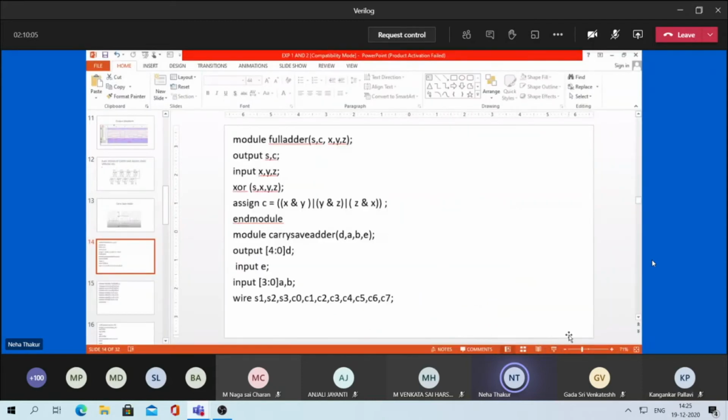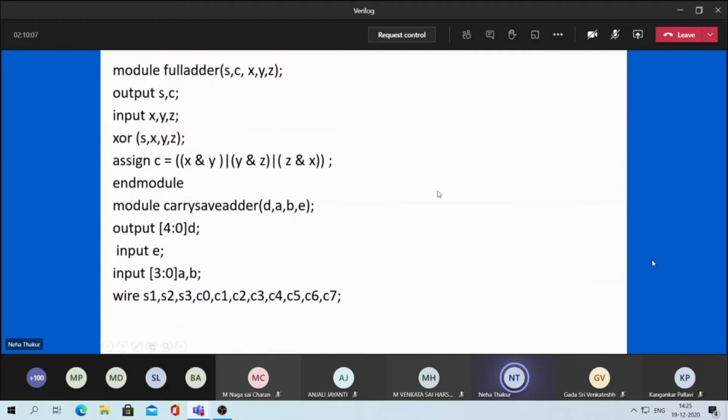If you see the block diagram of carry save adder, if I ask you to make a simple block diagram, how will you draw? This is your one carry save adder. In your carry save adder, you have the inputs A, B, let us say E, I am writing this side, and only D is the output.